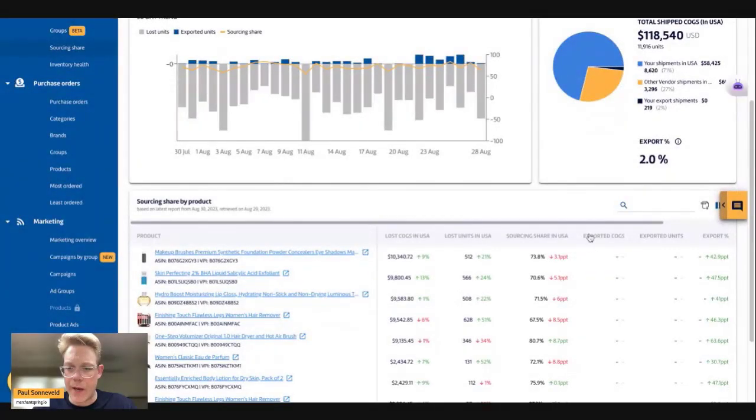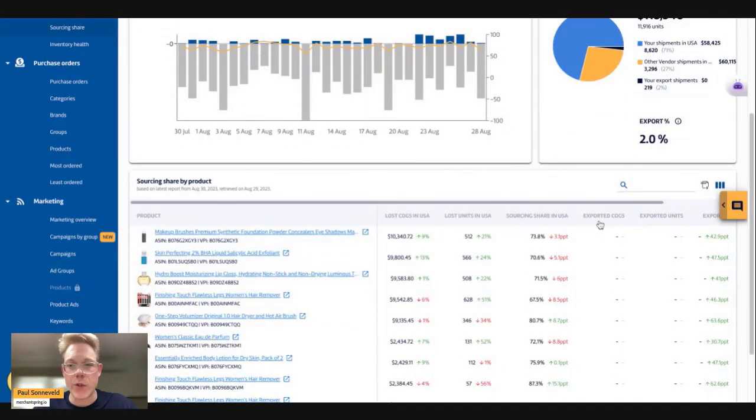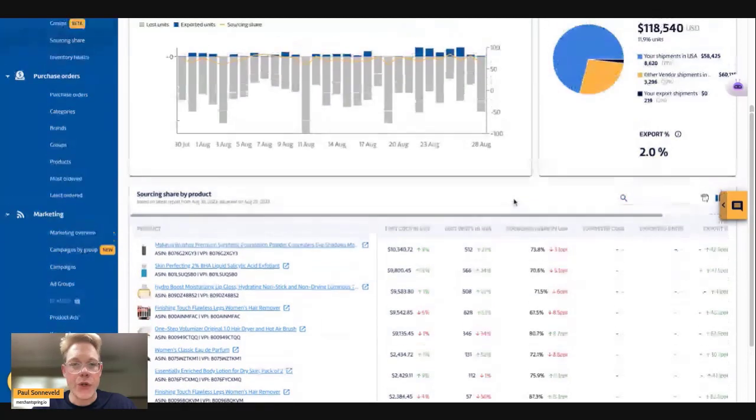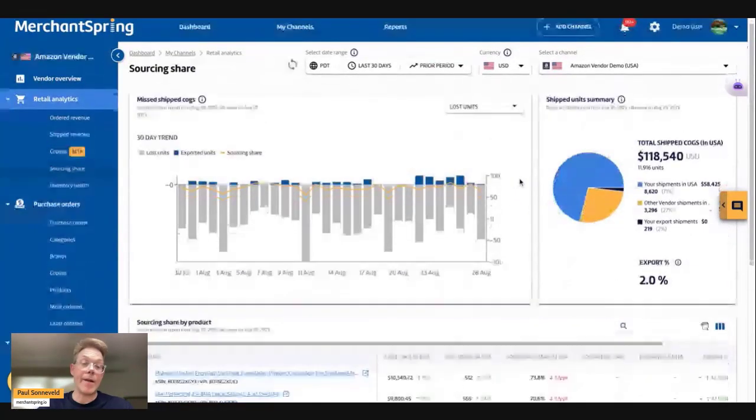Now, you've also noticed that, and there's not a lot of data here in my demo account, but there's also an exported piece here. So the reverse also happens. And, in fact, sometimes what happens is that your sourcing view or the number of units that you've shipped under your sourcing view is actually larger than the number of units that Amazon reports under the manufacturing view. Now, that's sort of counterintuitive because I said earlier before that one is ideally a subset of the other in theory.